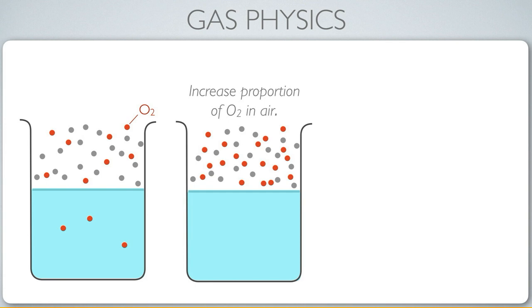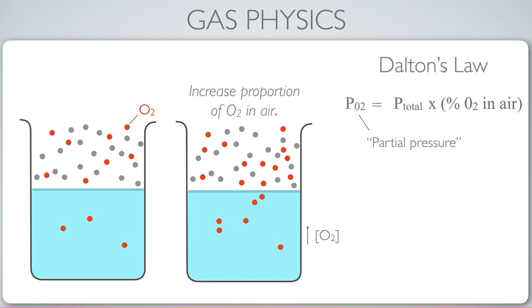So even though the total pressure would be the same in both of these beakers, because we've swapped out or we've enhanced the proportion of those gas molecules that are oxygen, then you would expect a higher concentration on the right beaker than on the left beaker because of that swapping of the molecules. And this illustrates something known as a partial pressure, which is formalized by Dalton's law. So Dalton's law